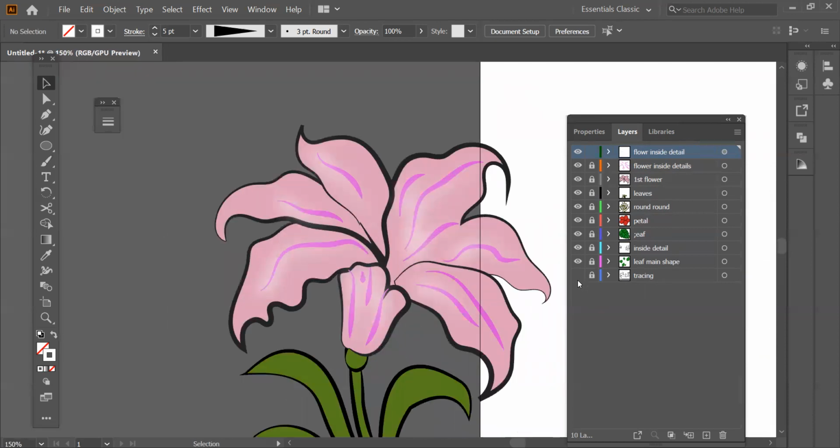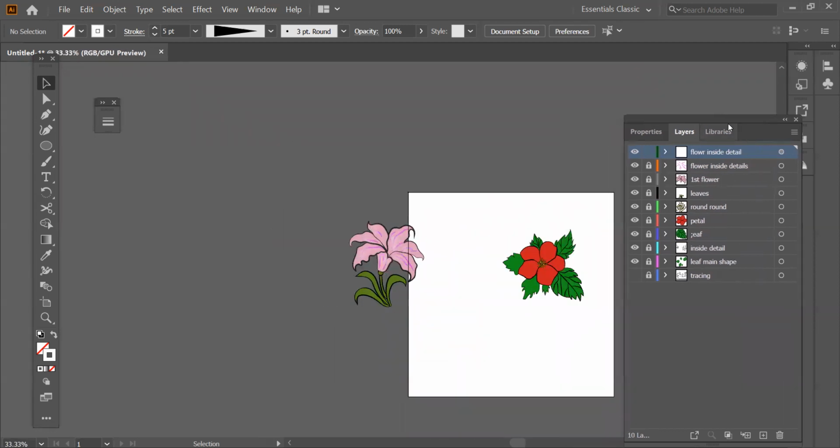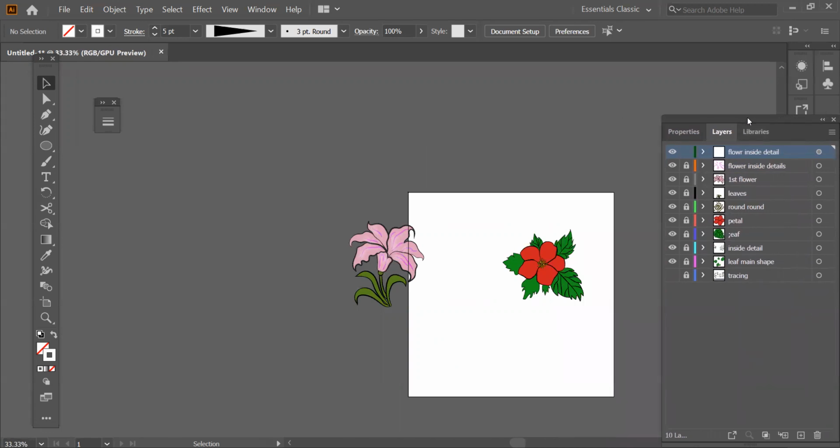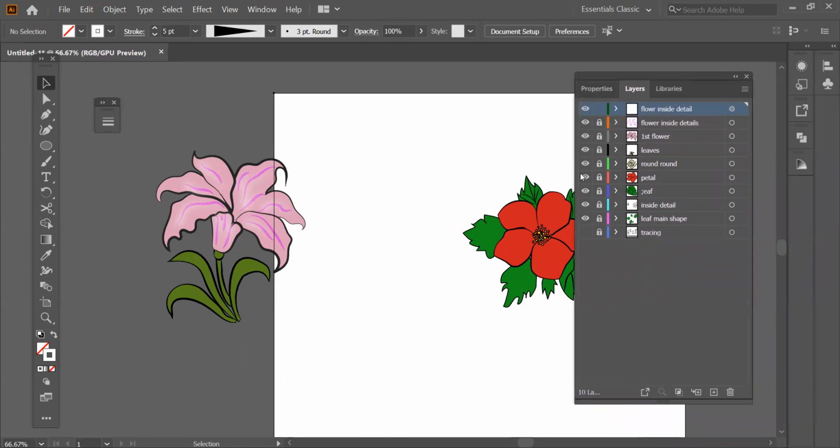Now let's remove the tracing paper and see our flowers that we have drawn. So basically we have drawn two motifs right now and we have used the Gaussian blur. So now what I want you people to do, I'm just going to send you a file with a lot of motif options and you have to draw motifs from that. At least five motifs from there, the flower, and five motifs from a different file that I'm going to send you. And you have to use the Gaussian blur. This is what you have to do. Try to use the brush tool and the pen tool both, and each motif should be in a separate layer like this. Okay.